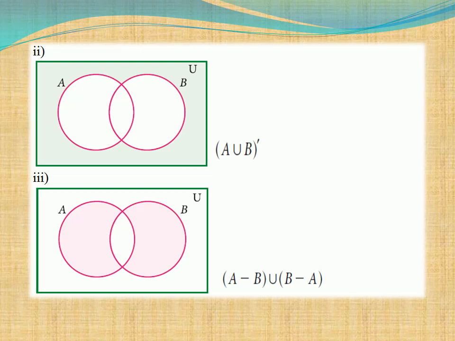Separately, you just draw these things. Okay, first A minus B you draw, which means from A we are subtracting B, and next from B we are subtracting A, which means the intersection part will not be shaded. Okay, the remaining parts you get. So your answer is (A minus B) union (B minus A). Try it in your note in separate terms. After you combine them, you get this diagram.